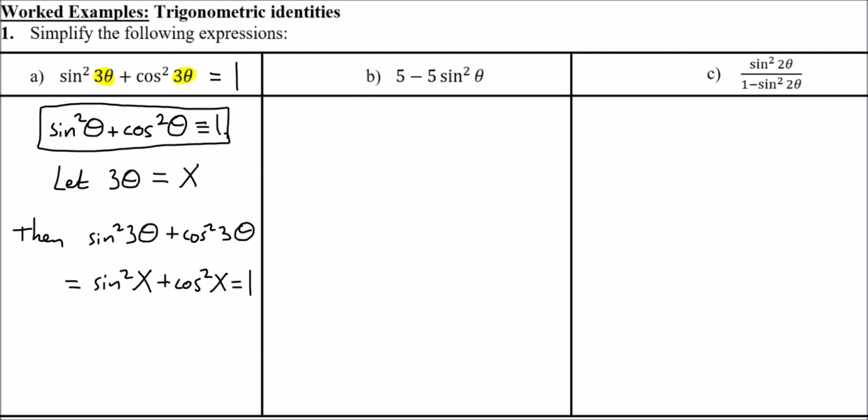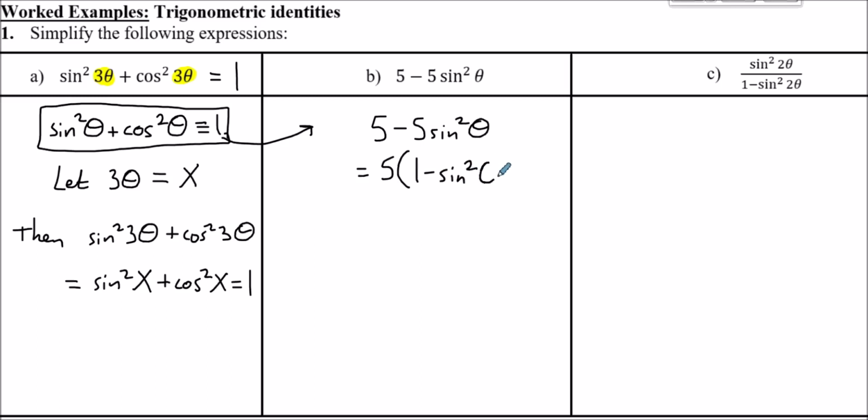Now, part B looks a bit more complicated, but here what we need to do is remember this expression here. So we're going to apply the same idea to help us solve part B. So 5 minus 5 sin squared θ. We should now notice that this will easily factorise. So 5 minus 5 sin squared θ, we can factorise that 5 from here. So you've got 5 brackets 1 minus